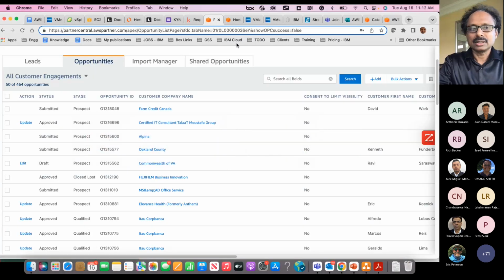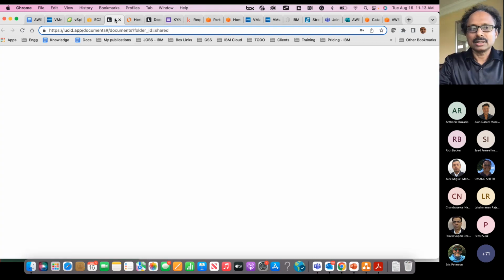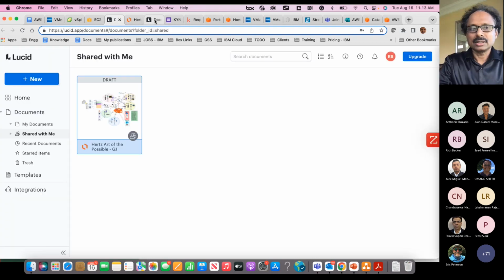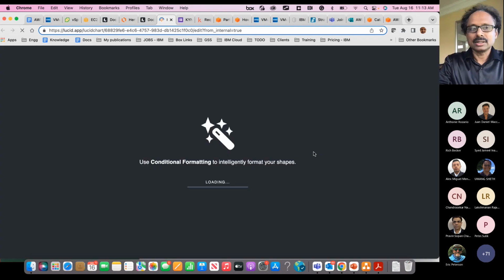Another diagramming tool that I utilize is Lucid. Let me see whether I have that link here. Lucid is good. I do have a template in Lucid also. So if you guys are utilizing Lucid, that is fine. Especially our networking team extensively uses Lucid for architecture diagrams. It's very easy to create the diagram in Lucid. It's very similar to draw.io. But right now I am utilizing draw.io for the majority of my diagramming purposes.